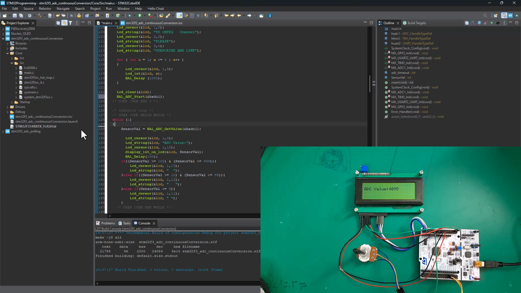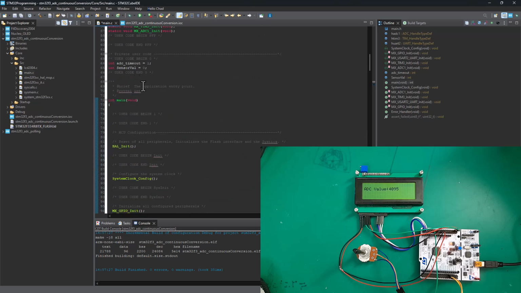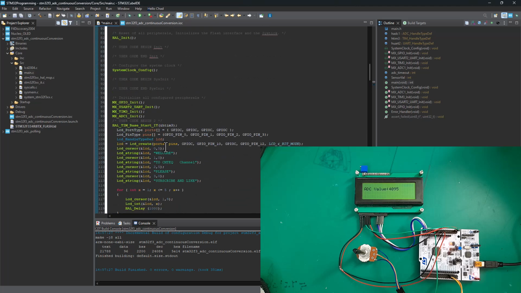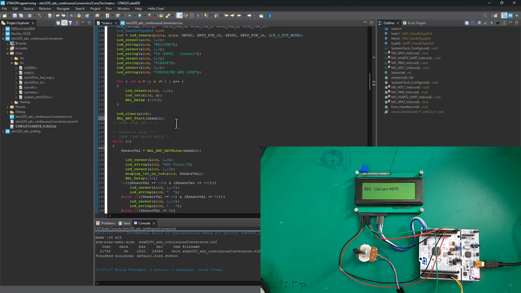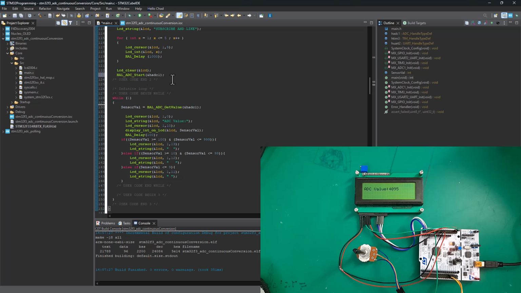Okay, then we're going to leave the sensor value that's getting the value from the ADC get value function. Now, since we've removed that ADC polling method, we don't need a timeout. So let's go ahead and remove the timeout, or comment it out. Then we'll only be left with sensor val. So this is basically all we need here. And the rest of this code, as you all know, is basically to display the value onto the LCD